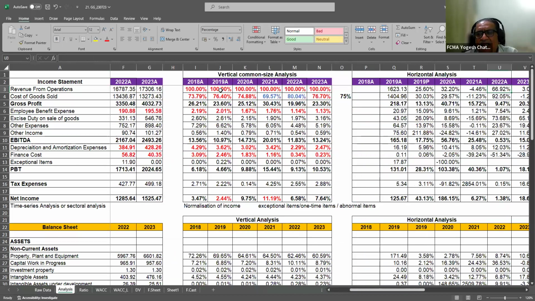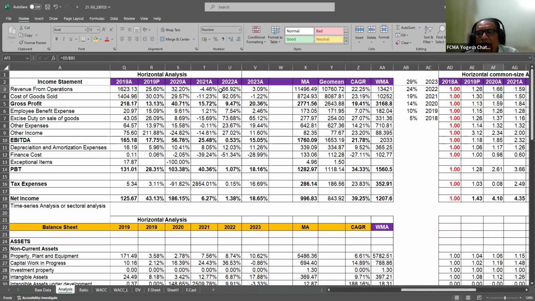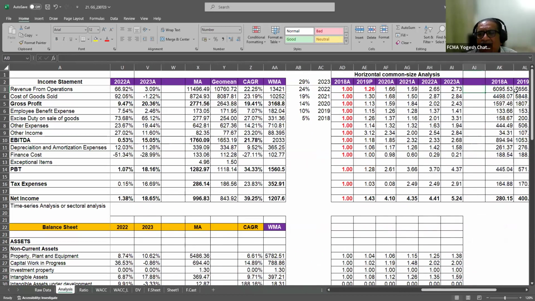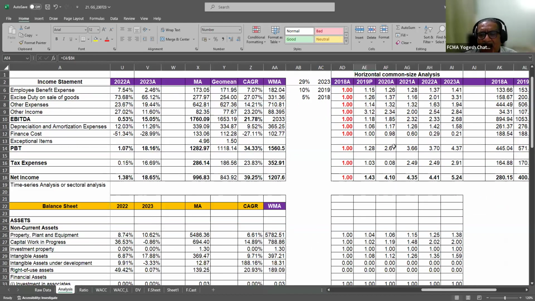So we can say that is 1.26 times of the 2018 earning. In 2020, that is 1.66 times of the 2018 earning. Like that, we can compute for all other components of the income statement and the